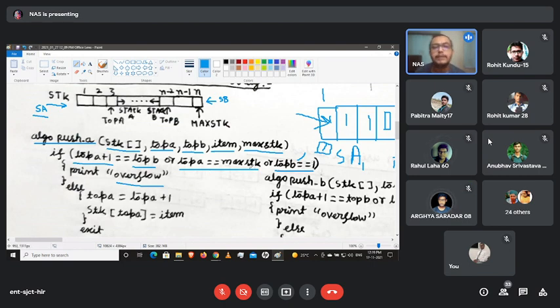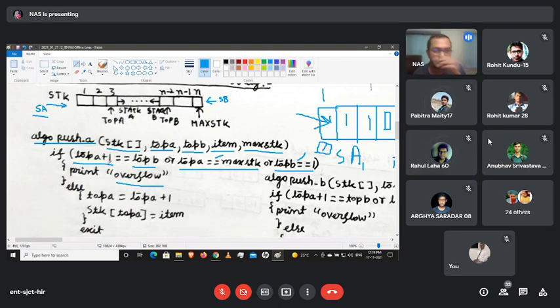Okay. Yes, the second condition is occurring, that is top A equals max stack. Means before starting any insertion operation on stack B, stack A has started its insertion operation and it has taken until max stack, means the total array or the total stack is right now occupied. So that's why there is no place for another insertion within this particular data. So that's why top A equals max stack, so the overflow condition is occurring. Clear about this one? Yes.